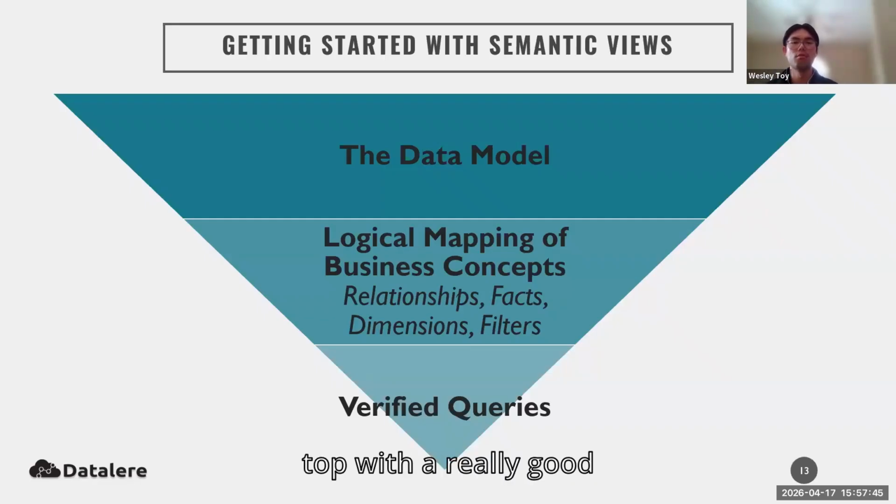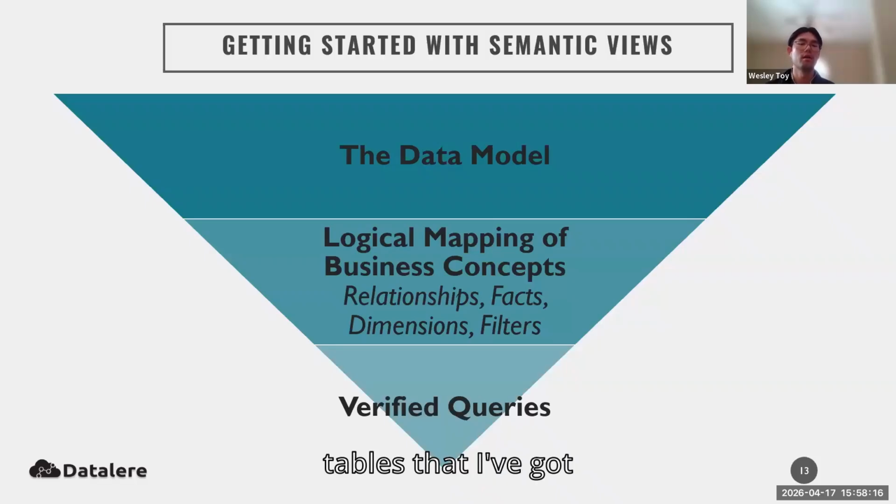So it all starts at the top with a really good data model. If you provide ChatGPT or Claude with terrible data, you're going to get a terrible output. It doesn't matter how well you define terrible data. If it's not modeled correctly, you're just going to get bad answers. So that's how it all starts. And then moving forward is what I was talking about previously, the logical mapping of the business concept. So from my gold layer, I have